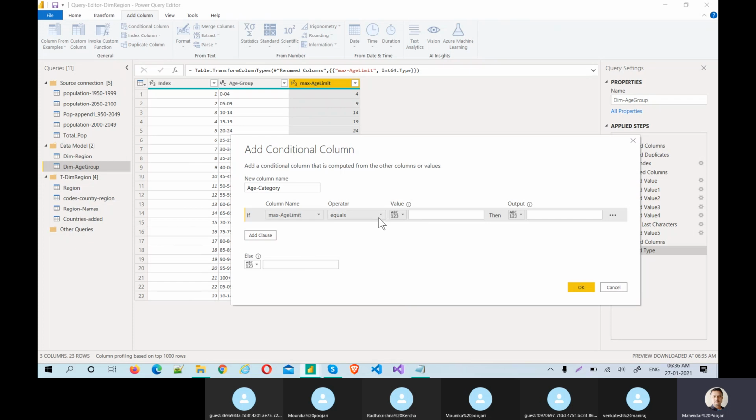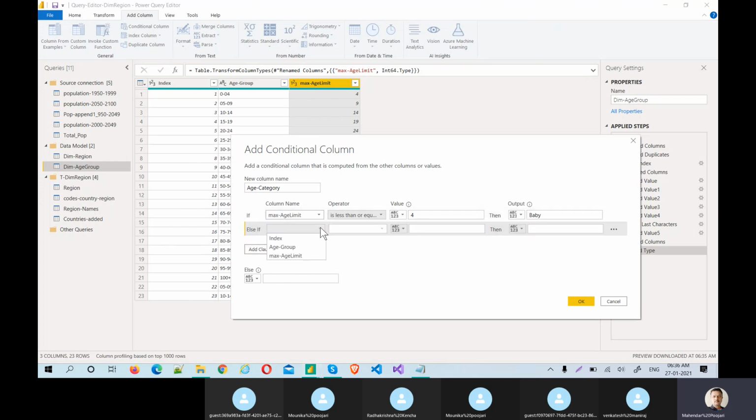If it is less than or equal to 4, enter the 4, they are baby. What is the output? Baby. And add one more clause. If max age limit is less than or equal to 9, they are kids.